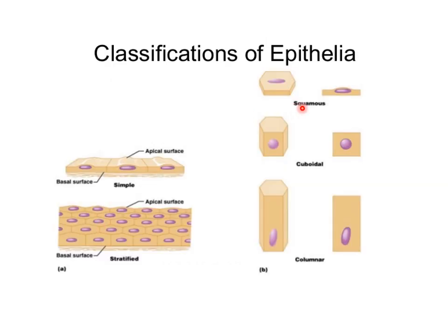So you can see here the different shapes of the cells, that is the squamous cells, or the flat cells, which form a simple thin-layer epithelium of single-layer cells with flattened nuclei. Then the cuboidal cells, which are cube-like, that is they have the same height and the same width. And then the columnar cells, whose height is more than the width, so they appear column-like, and so they are called the columnar cells.